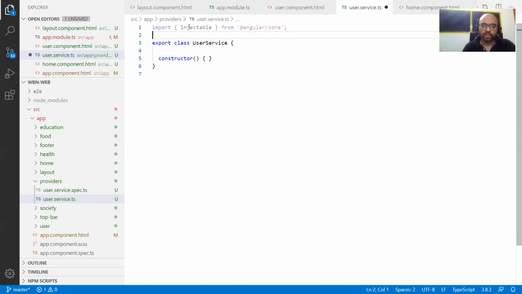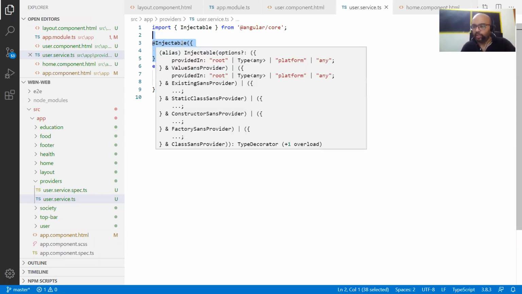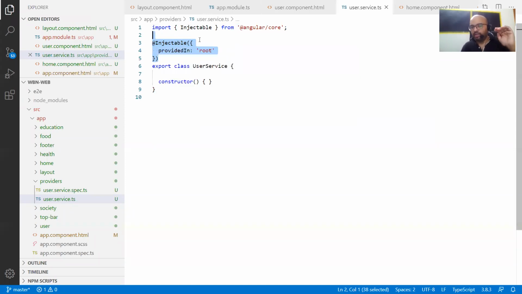Okay. So it will be an injectable, it will be a provider. When you put the injectable decorator on top of your user service, then only your user service class will turn into your injectable, your provider.